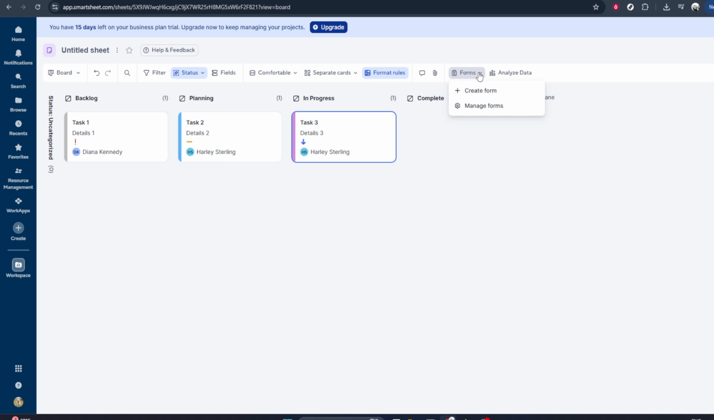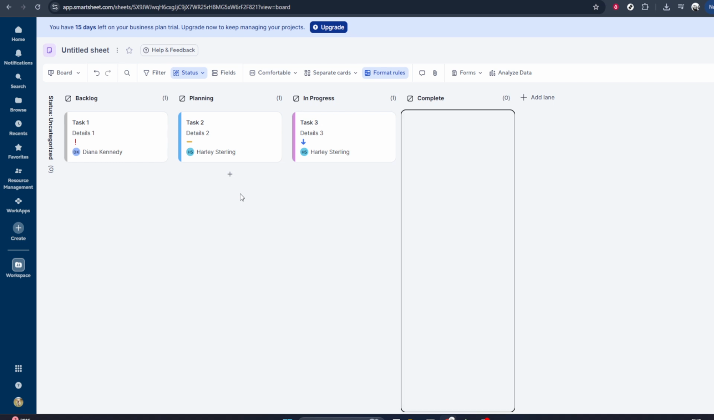As you follow the on-screen instructions, don't worry about making everything perfect right away. The key is to get the board created first. You can refine the column names, card details, and colors as you start using it and see what works best for you and your team. And that's it. By clicking the plus icon, choosing board, and following the prompts, you've created a Kanban board in